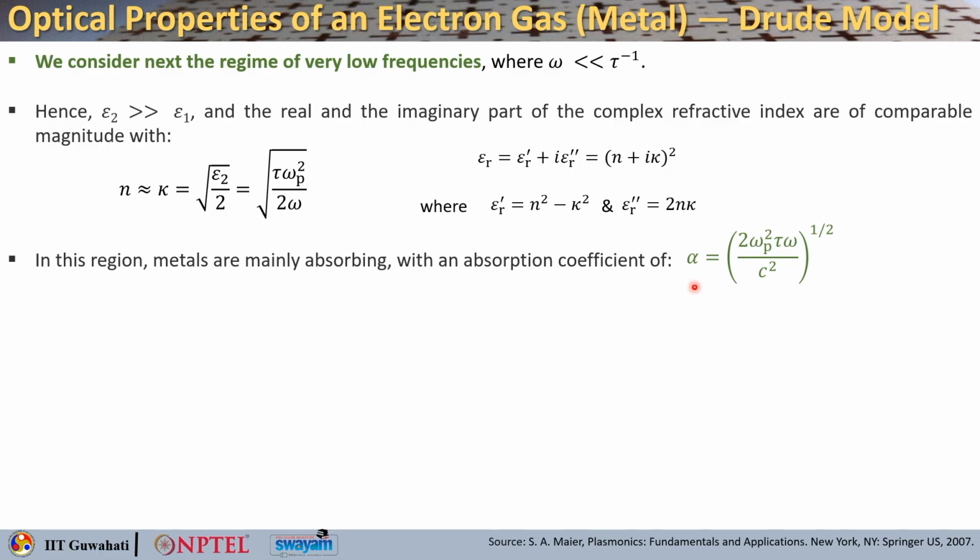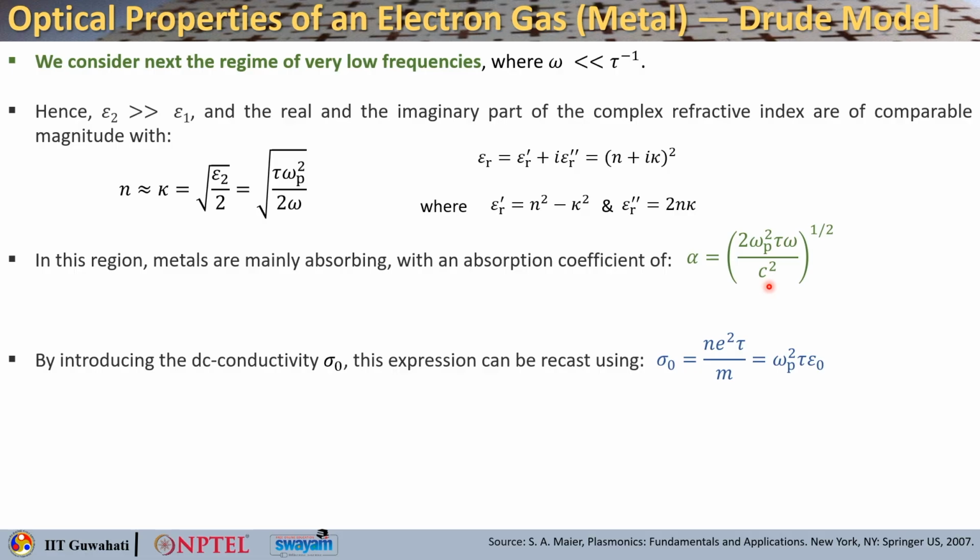So, there is an absorption coefficient, alpha, that is given as square root of 2 omega square tau omega by c square. Now, if you introduce the DC conductivity, sigma naught, in this expression, you will see that sigma naught is given as n square tau by m, which is basically omega p square tau epsilon naught. Okay. So, if you do the substitution here, you will see alpha can be written as square root of 2 epsilon naught,